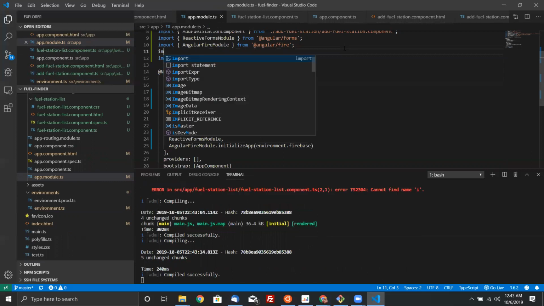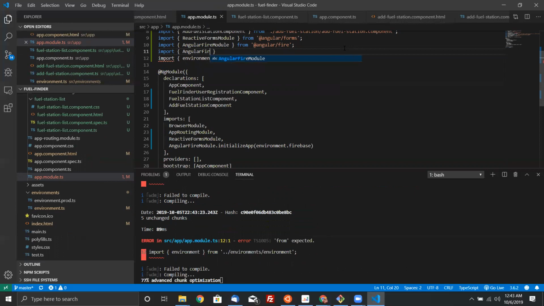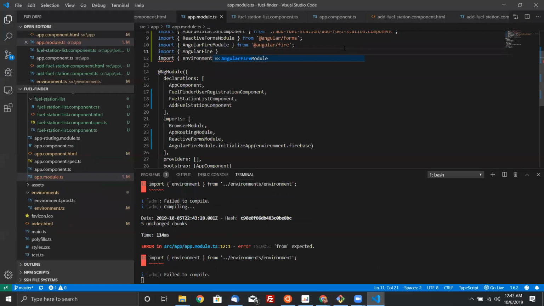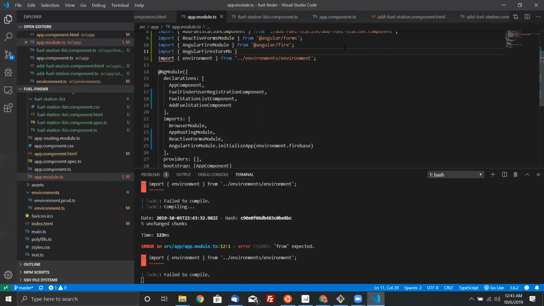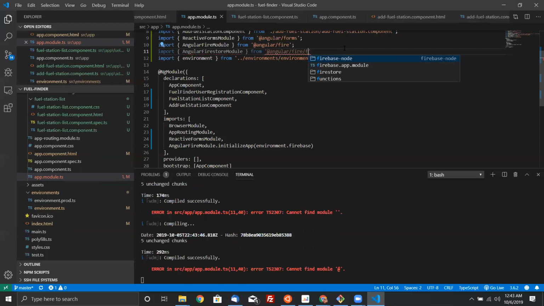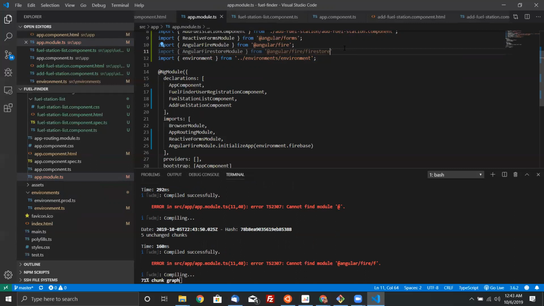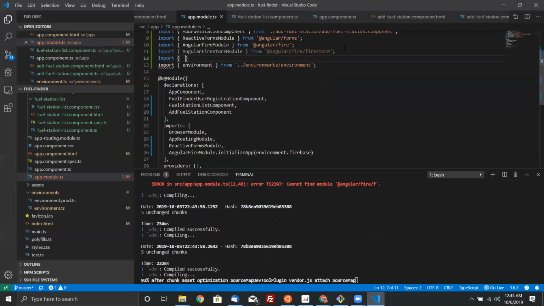Import AngularFirestoreModule. This AngularFirestoreModule from Angular Firestore. Excuse me. Import Angular